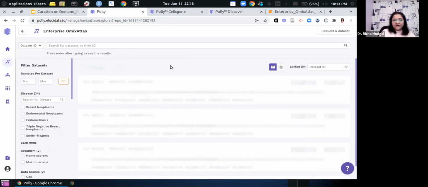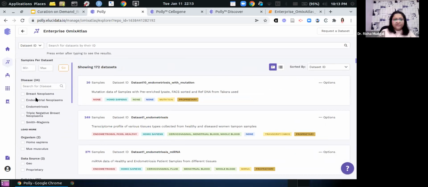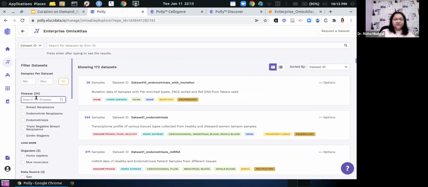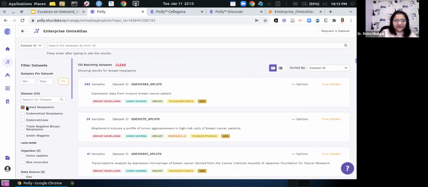Once we have data in such a platform, what does it mean for us? Firstly, whatever metadata gets curated gets added as a filter in the Omics Atlas. This provides you a graphical interface where you can just click and subset your data based on these metadata labels. Every data set that we have curated gets annotated by these different metadata fields, or tags. This makes searchability within your Omics Atlas even faster and easier.